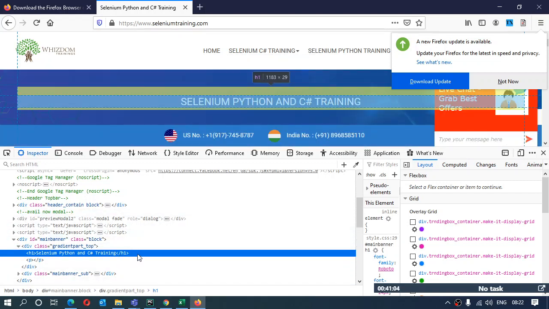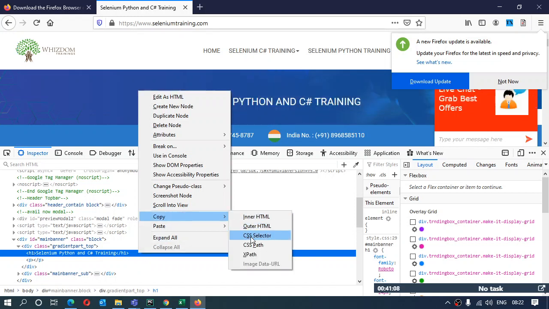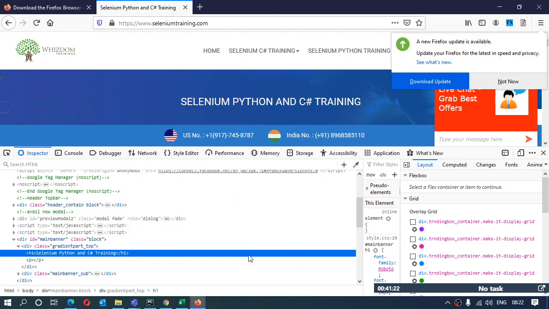Right, you can do the same thing that I've told you. Right click over the highlighted part, go to the copy option. Here you only get one option to copy the XPath. Now it's up to Firefox what it returns you. What funda it applies, I told you, it looks for the ID attribute. Now if I copy the XPath and hit Control F here, this is what it has returned me, and it is actually a complete XPath.